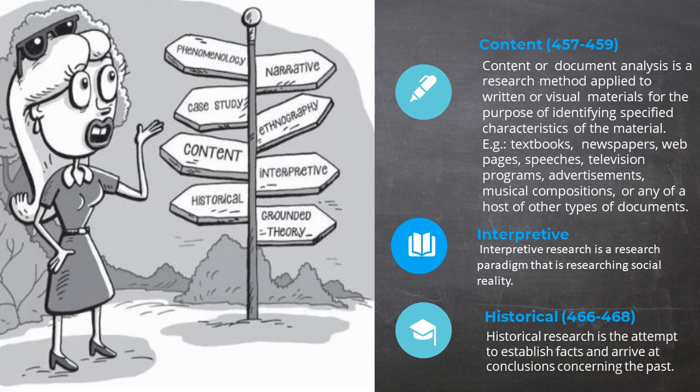Based on the evidence gathered, conclusions are drawn regarding the past so as to increase knowledge of how and why past events occur and the process by which the past became the present. So that's a brief look at historical studies. Next,